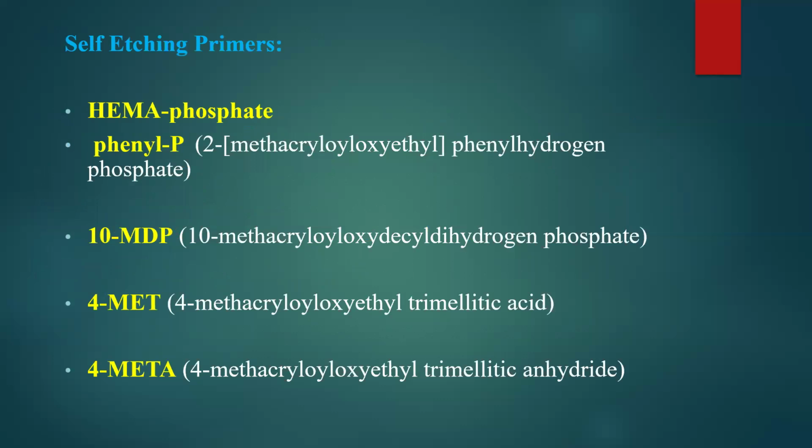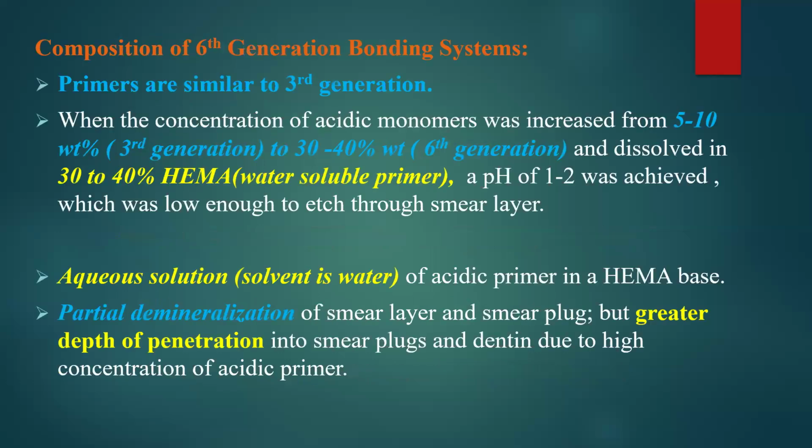Self-etching primers which can be used are hemophosphate, phenyl P, 10-MDP, 4-MET and 4-META. Composition of sixth generation: the primers are similar to third generation, when the concentration of the acidic monomers was increased from 5 to 10 weight percentage, that is for the third generation, to 30 to 40 weight percentage for the sixth generation, and dissolved in 30 to 40% HEMA, which is a water-soluble primer. A pH of 1 to 2 was achieved, which is low enough to etch through the